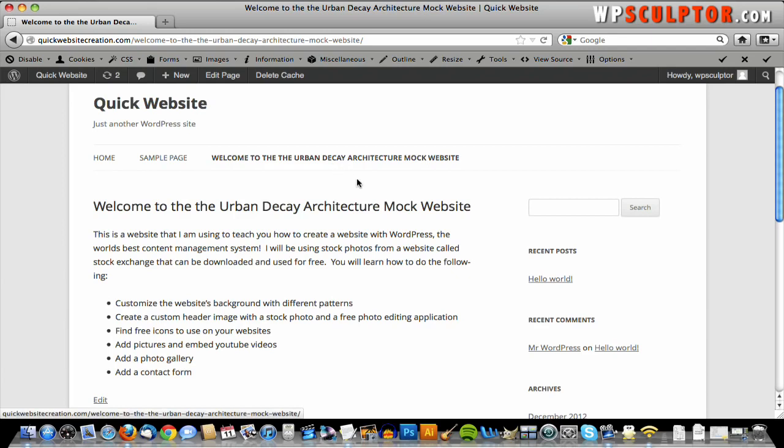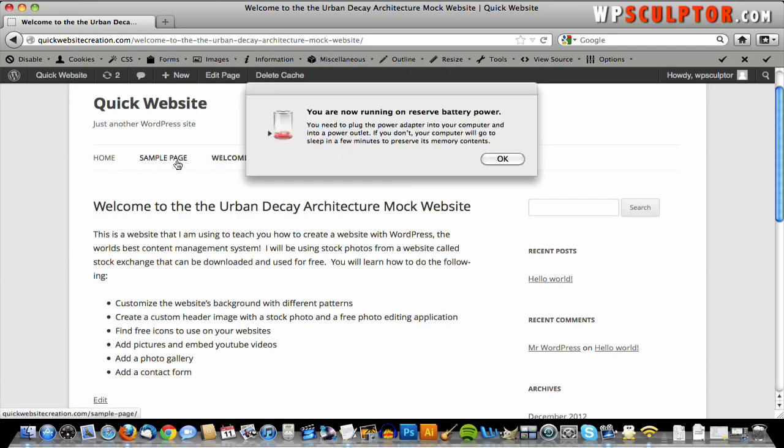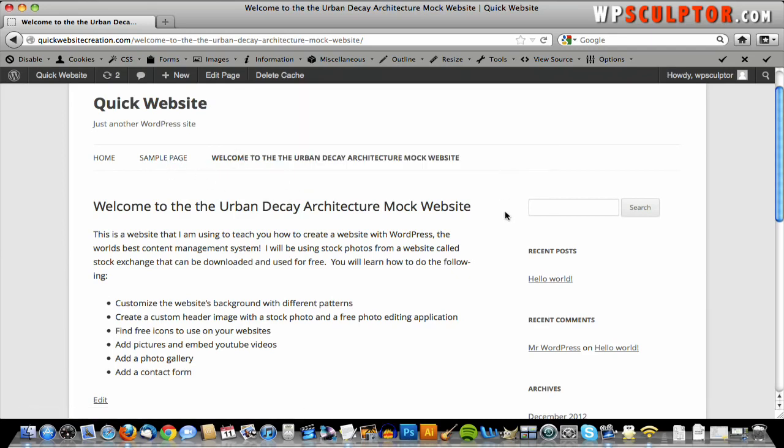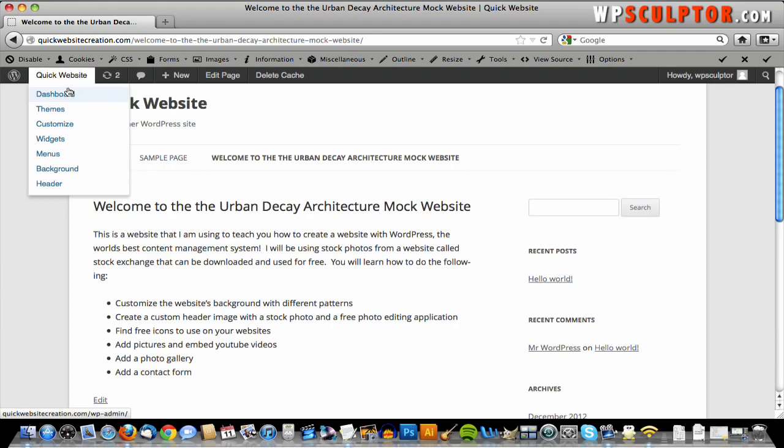Now I'm going to show you how to adjust this menu, because we don't want the sample page or the home page, and we don't want this to read on the menu as welcome to the Urban Decay Architecture mock website. We want that to be here. So I'm going to show you how to change what this says in the menu, and we're going to make this say home. So go back to your dashboard,